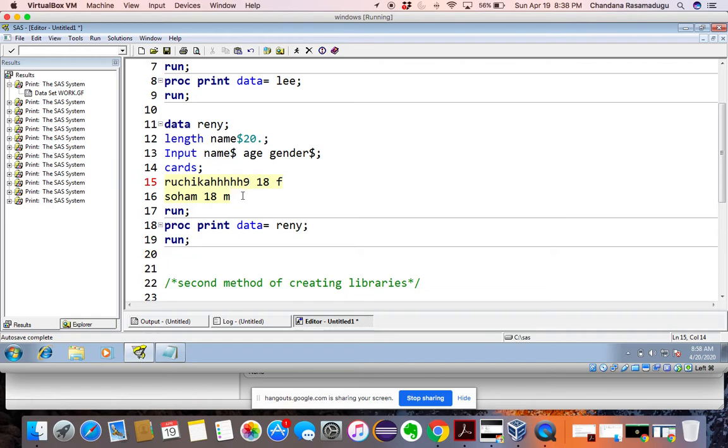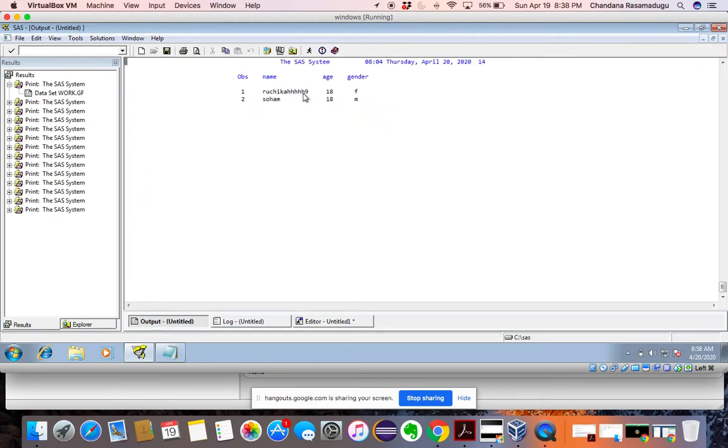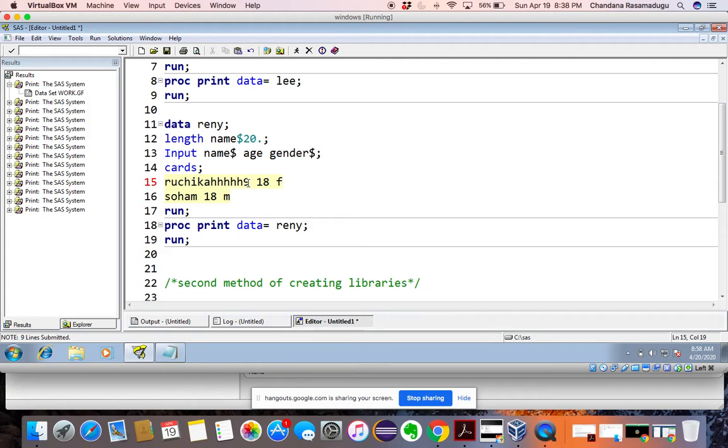Now I will run the program. Let me see whether it comes or not. I got 9, right? So when we are giving a character value, it need not be just characters. It can also contain numbers, special characters, and blank spaces.